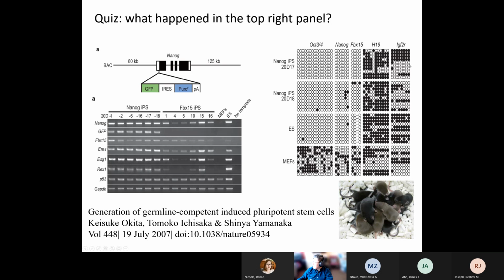Now let's observe the reprogrammed cell. You see that this also has a lot of open circles. This cell is already reprogrammed, so it should be similar to embryonic stem cell. However, if you compare this to embryonic stem cell, you see they're quite different. But if you compare this to fibroblast, in terms of the number of open circles, maybe they're quite like fibroblast.